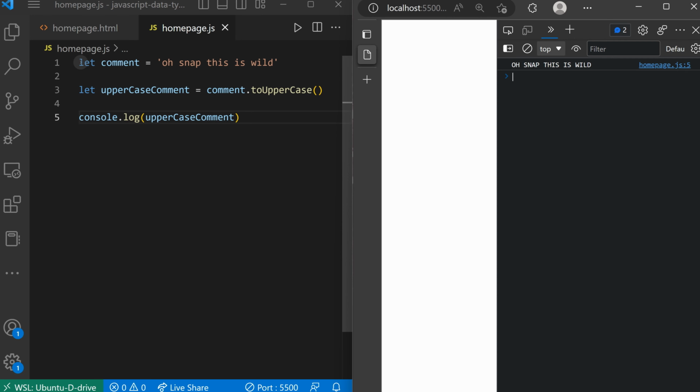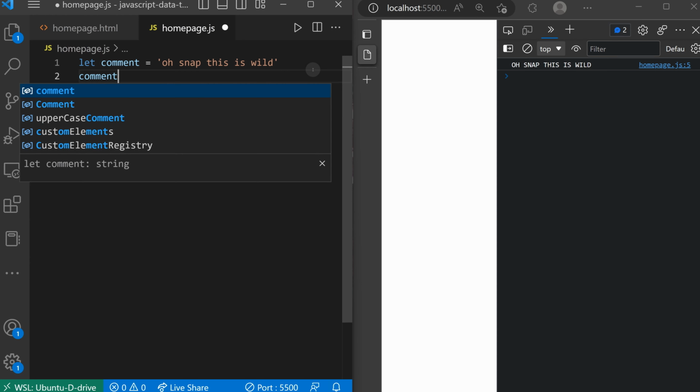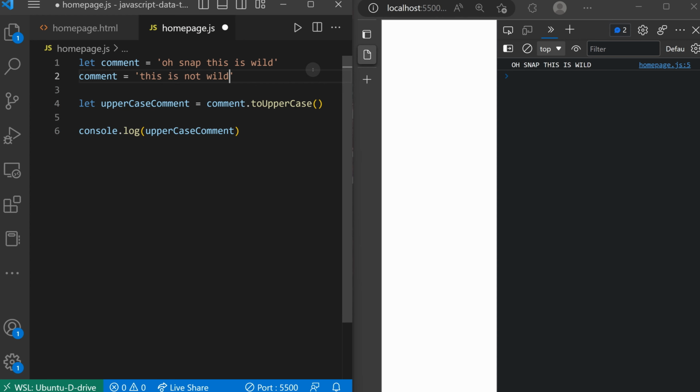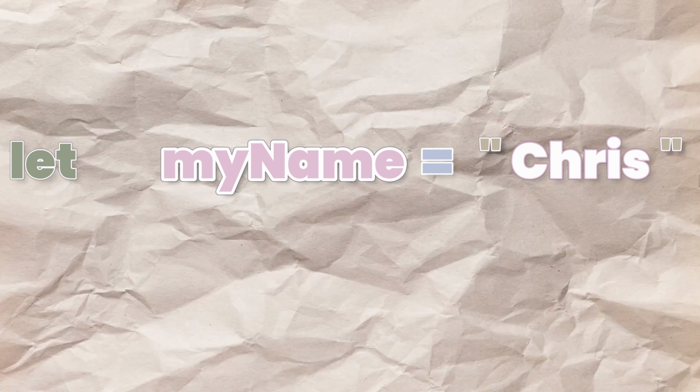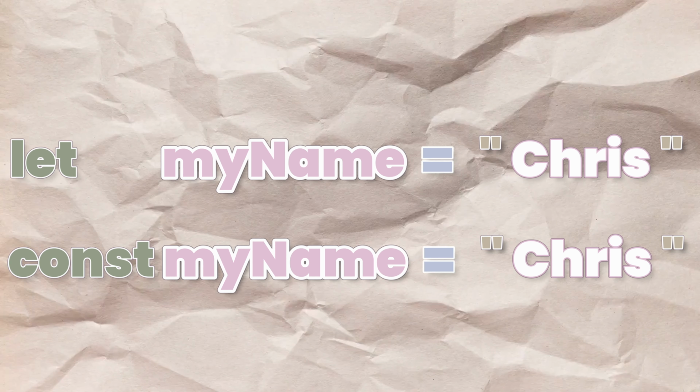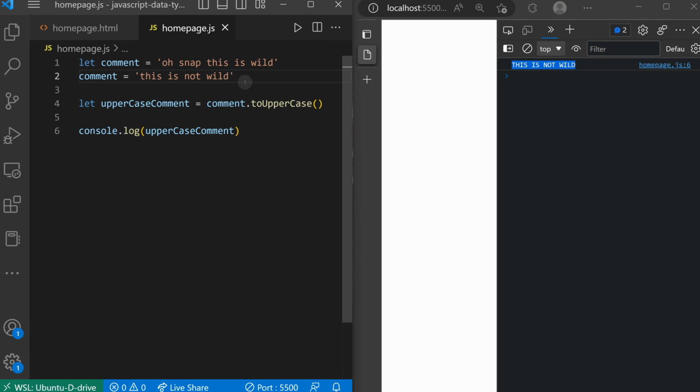Now, we've been using this keyword let to make our variable like we've been doing so far, and this will let us change our string to anything we want in the future. This is great when we need to change what's in our variable to make something completely new. But there's another word that lets us make a variable in the exact same way, but the only difference is this new word keeps us from accidentally changing the variable to something completely new. This new word is called const, short for a constant. So before, we were able to update our comment variable, but if we change this to const and try to update it in the same way, it will tell us it's a constant variable now,